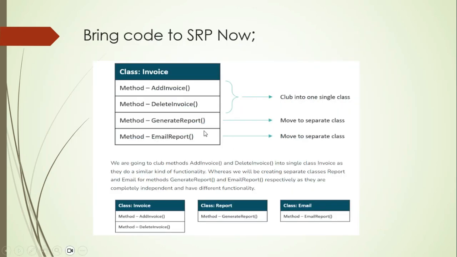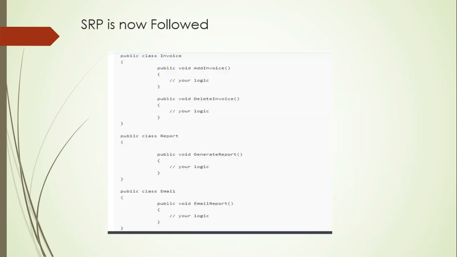But if we move these two methods into a single class and these two into separate classes, this means up to a certain level this code is now following the SRP. So this class is now dealing with two different activities. Still it is not pure SRP, but it is quite improved, because we have decomposed one class and refactored the code into three different classes, each with